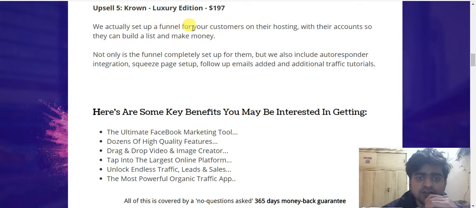They will set up the funnel for you on your hosting with your accounts, so you can build a list and make money. So you do not need to do any work with this upsell. They will set up the whole funnel for you. Not only is the funnel completely set up for them, but we also include an autoresponder integration, squeeze page setup, follow-up emails added, and additional traffic tutorials.